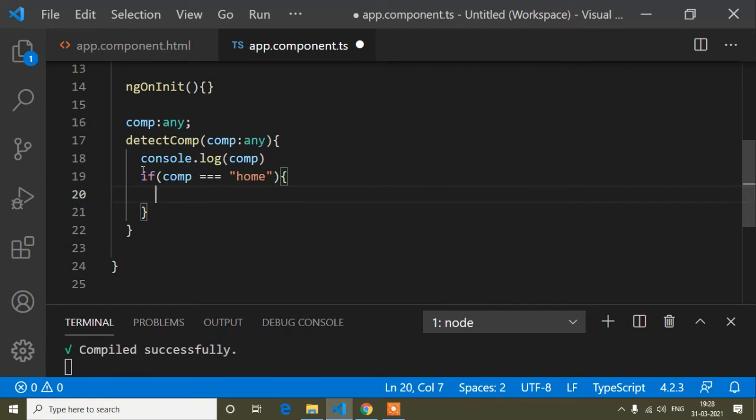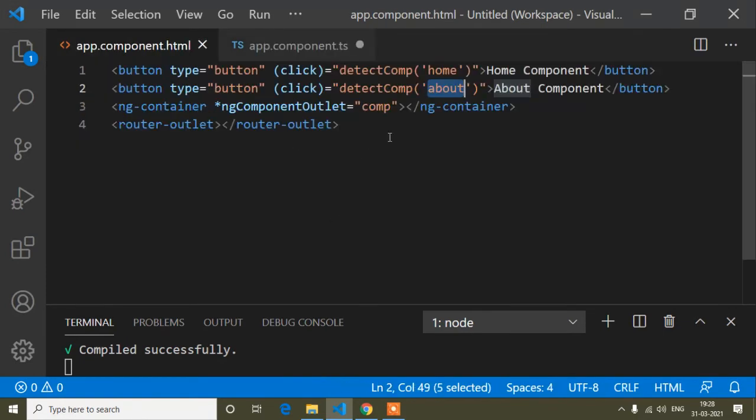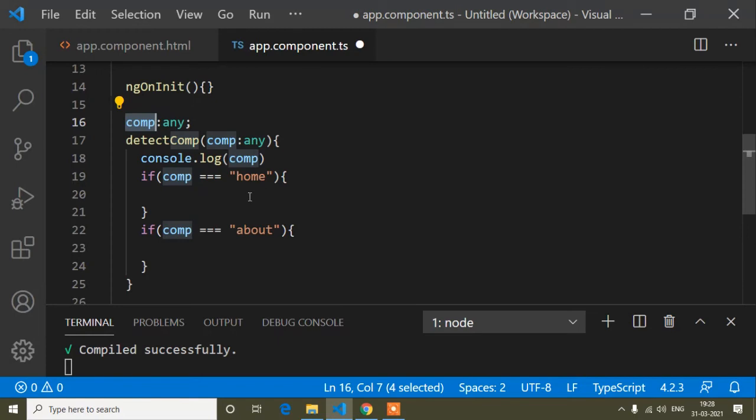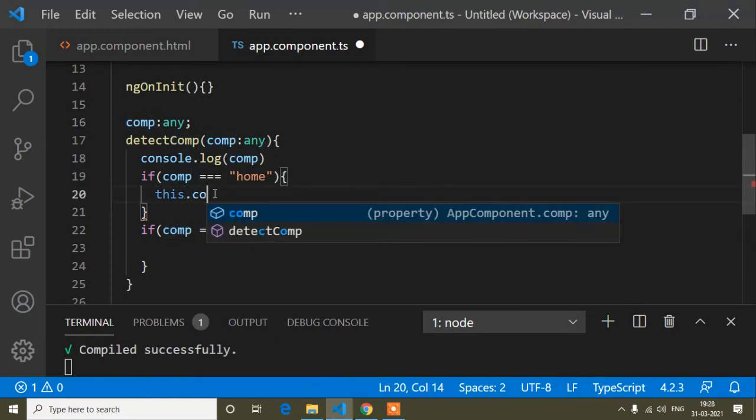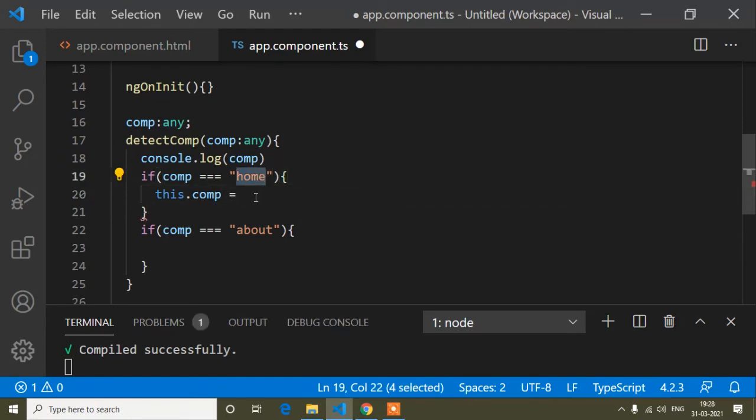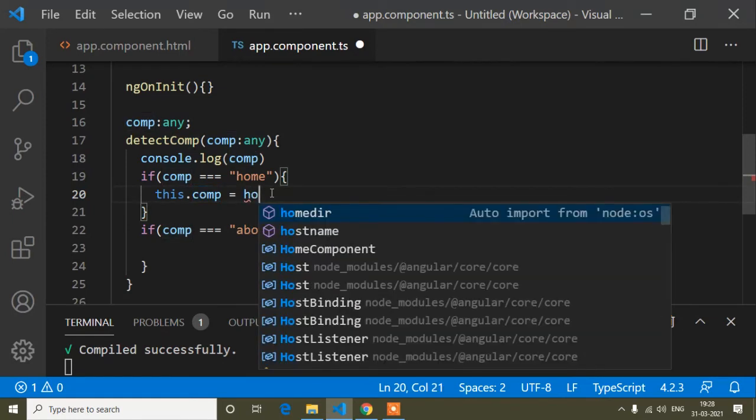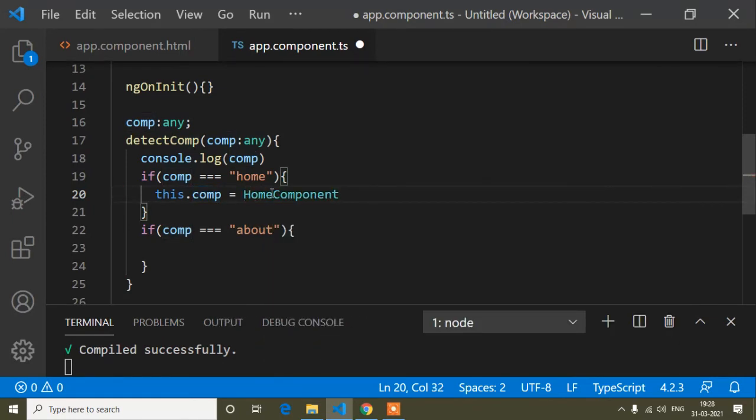we can write a condition, and if comp triple equals about, we can write another condition. The condition is inside this variable, because I have written the variable here, so inside this variable I will store our component. So we can write this.comp: when comp triple equals home, inside this comp variable I will store the home component.